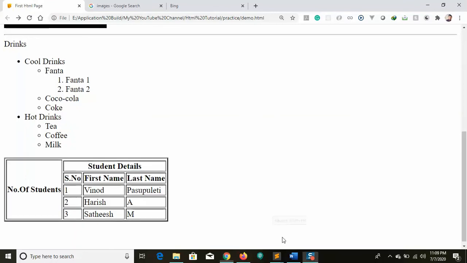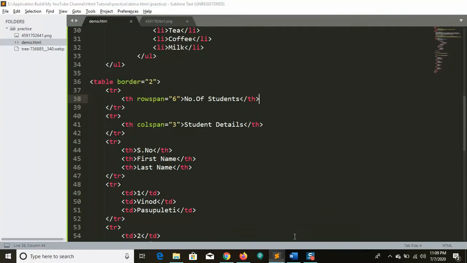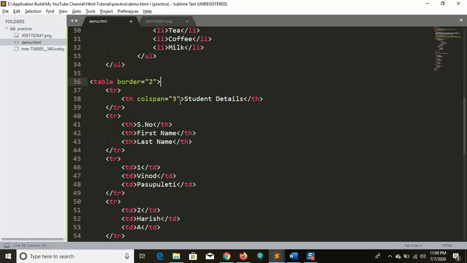Okay, if you think I don't need the other row, and I need to have it in this format, how can I do it? I should not have the other row. Let me copy this.